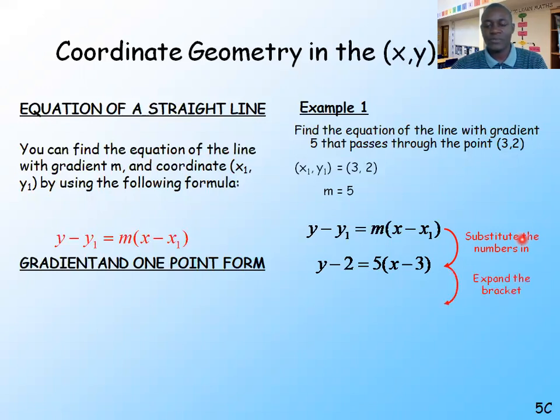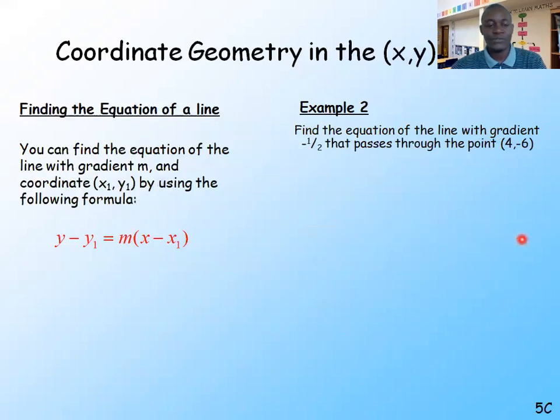So simplifying that means opening the bracket on my right hand side. That will be 5x minus 15. Further simplification gives us y equals 5x minus 13. All right, so that solves it for this particular one. Now let's see another example that says, find the equation of the line with gradient minus 1 over 2